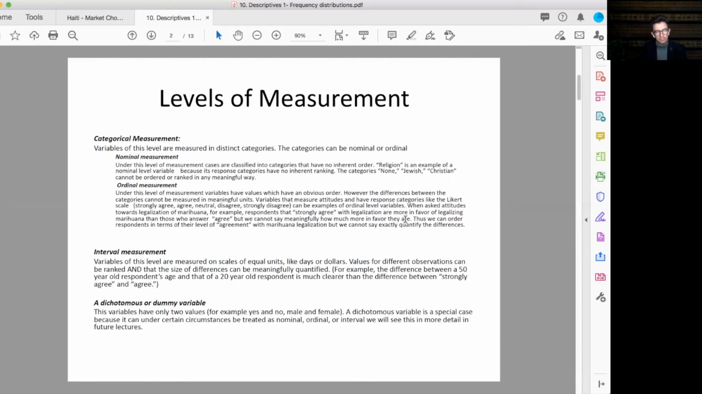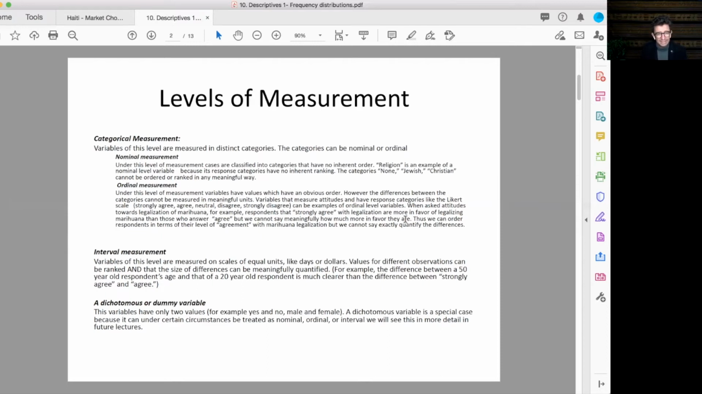Now, interval level measurement refers to variables that are measured in scales of equal units. For example, age in years, or income in dollars, or height in inches. When you look at two values that are measured in inches, you can know exactly the difference between these two values. Or when age is measured in actual years, you know exactly the difference between a 20-year-old and a 50-year-old, right? The difference is 30 years. You can know the intervals in between